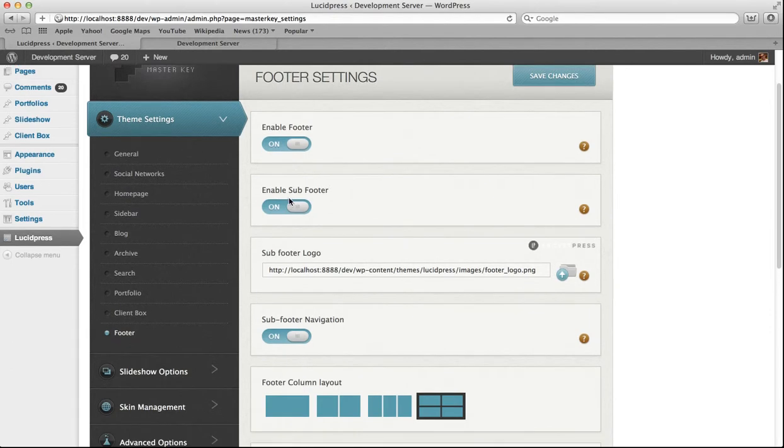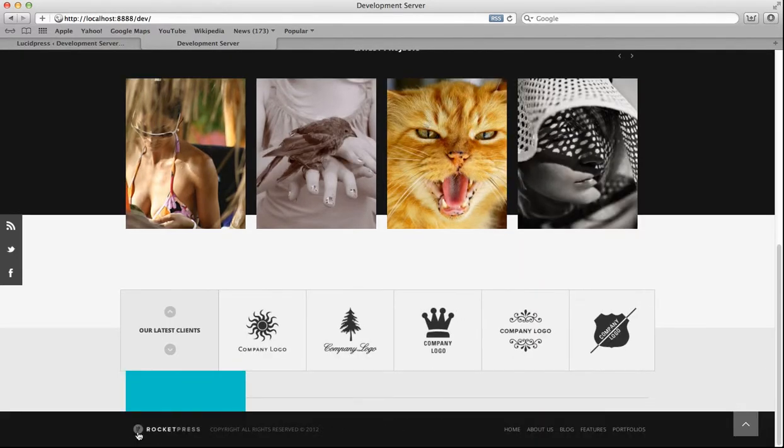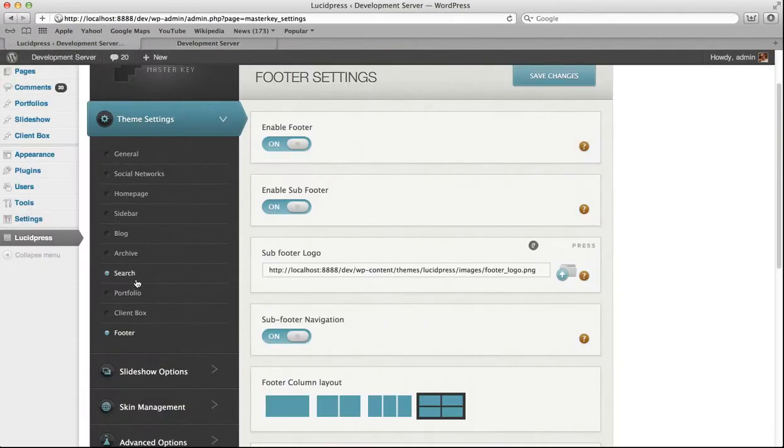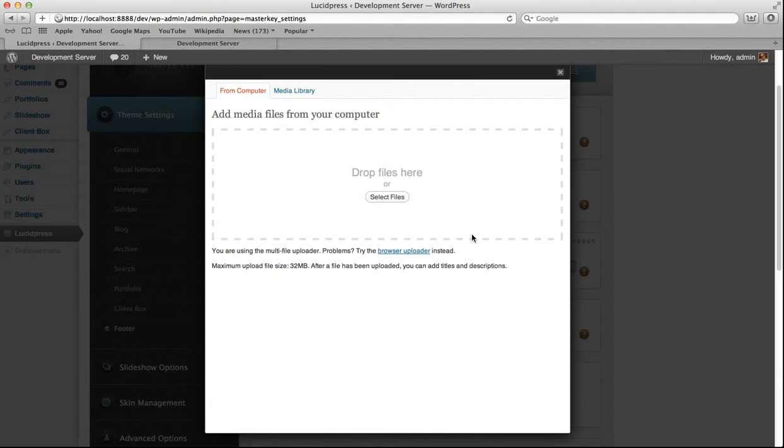And then we have the enable or disable the subfooter. Subfooter is the area right here. This is the subfooter where you have a logo, copyright information, and some navigation over here. And we have this option with which you can upload a subfooter logo. So you click over here, then you drag and drop or select whatever files or logo that you would like